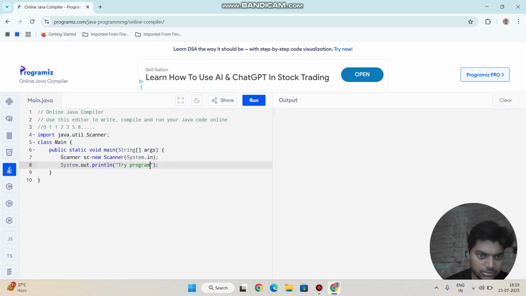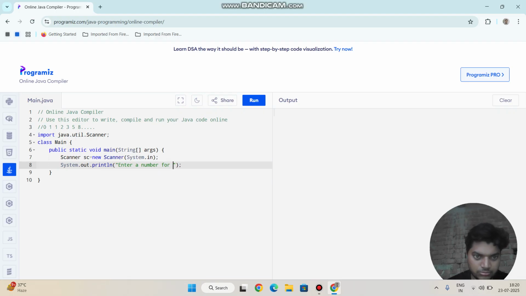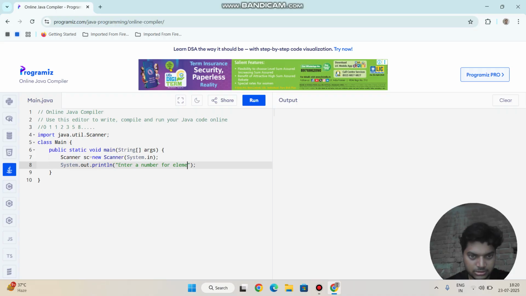Going to remove it. Enter a number for the elements you want in the series. Okay, series, here should be an e.